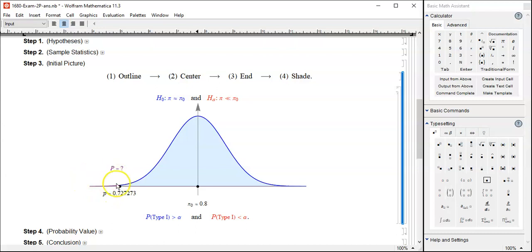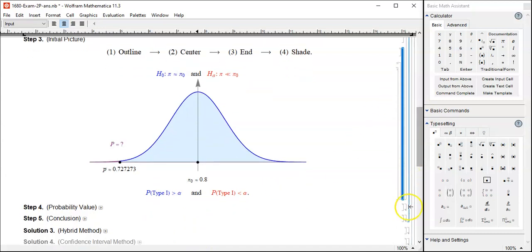This shaded region is really small, so it's really hard to see, but there should be some purple shading there. And the idea is whether the probability for type 1 error is greater than alpha or less than alpha. Oh my, this is conceptually really hard to understand because they are both conditional probabilities. Let's not go too deeply into that. And then let's follow the